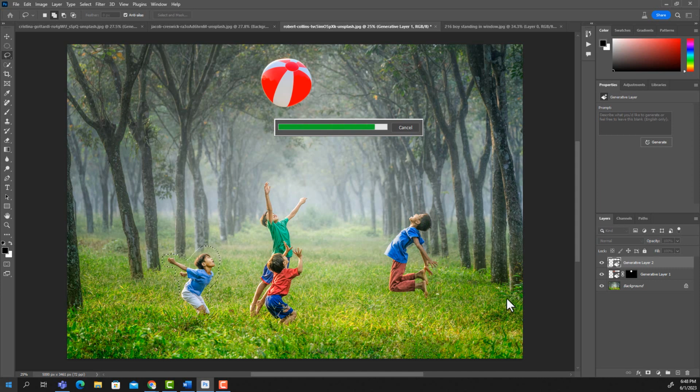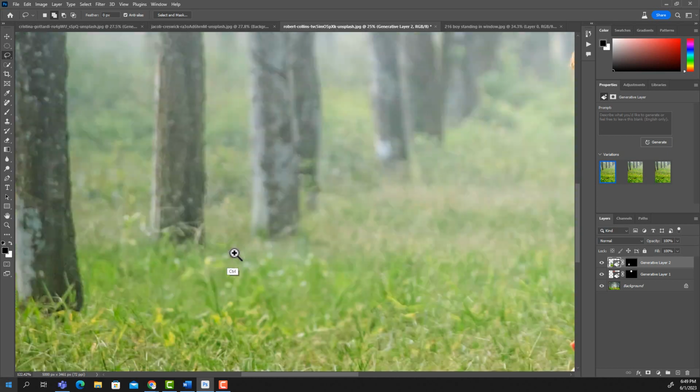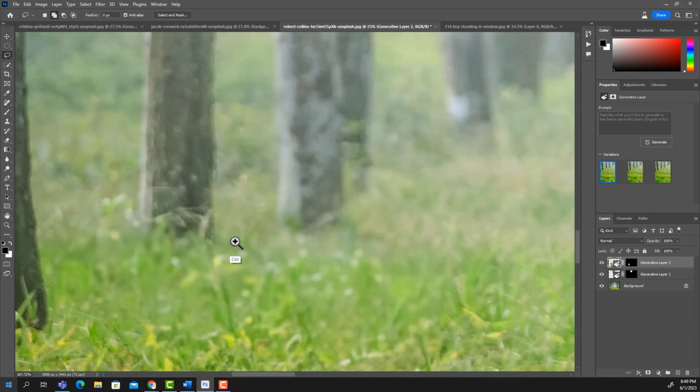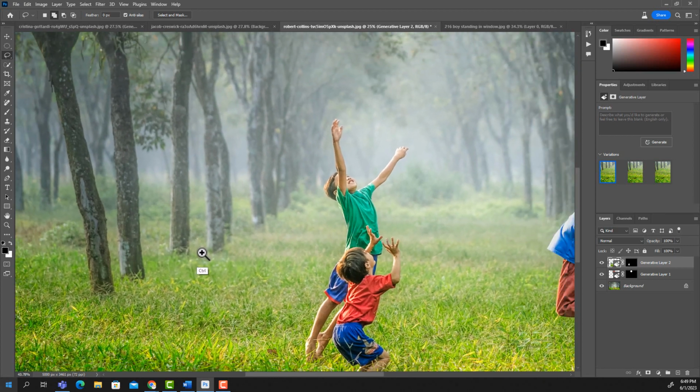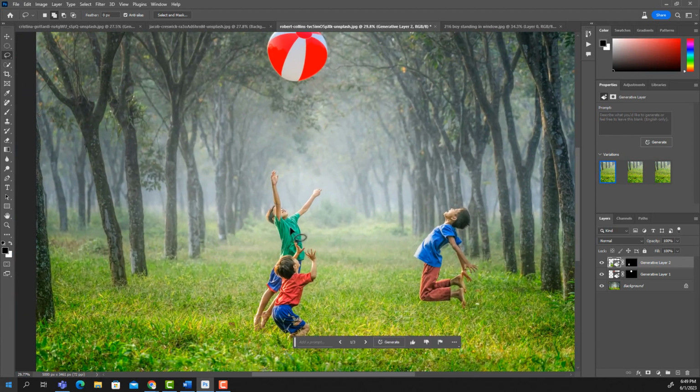Let's try that. Okay. Does a very good job. I think if we zoom in, we can see some artifacts, but that is really good. Okay. And now I can go ahead and draw my circle, and we can say